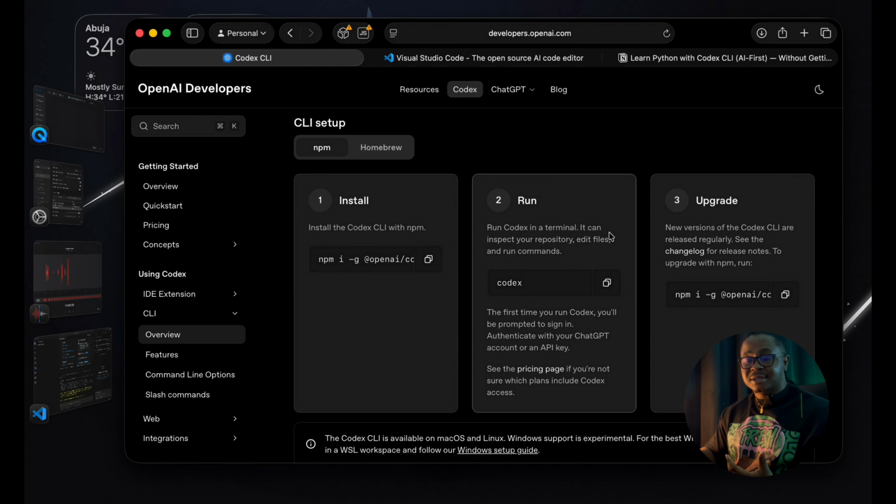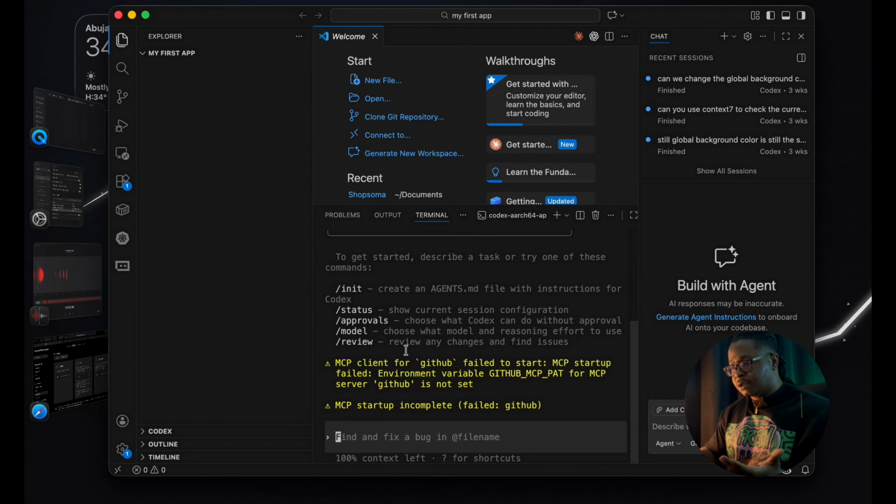They come with Codex, and the prices are quite accommodative, to be honest. Once you have that already, all you need to do is run Codex, and it will prompt you to log into that account that already has a ChatGPT subscription on it. Simply log in, you're good to go, and it will bring you over to this section here.